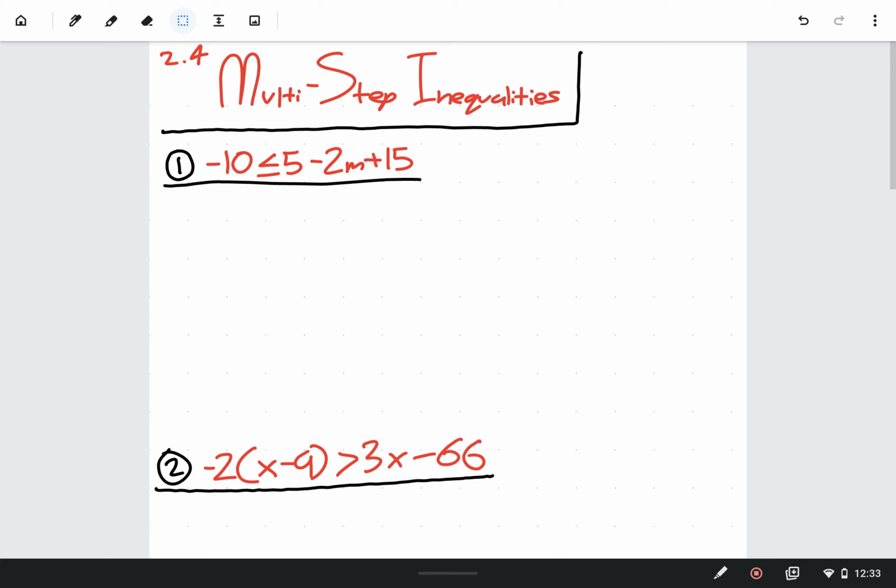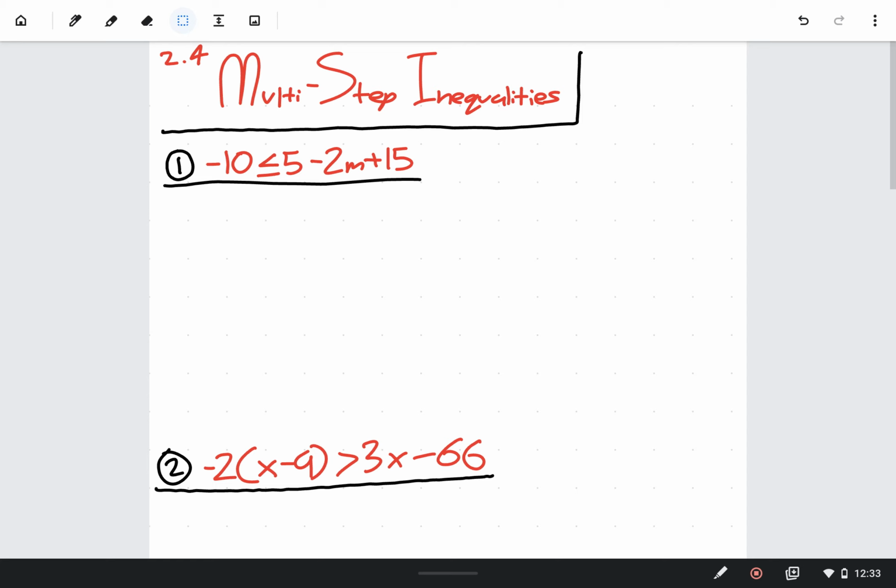Today, we'll be learning about these inequalities and how to solve them, while going through some examples. The process to solving inequalities is the same as the process to solving equations, with only one extra step. To see what this means, let's take the problem negative 10 is less than or equal to 5 minus 2m